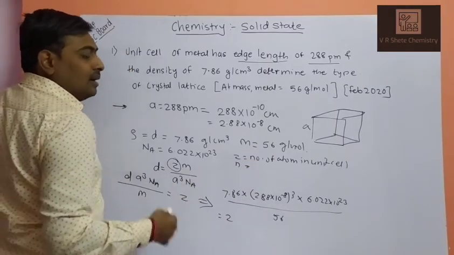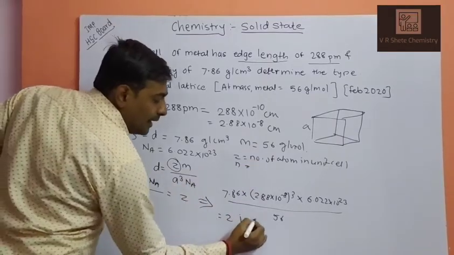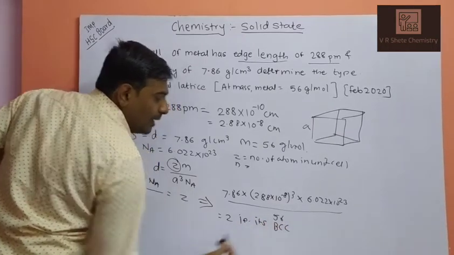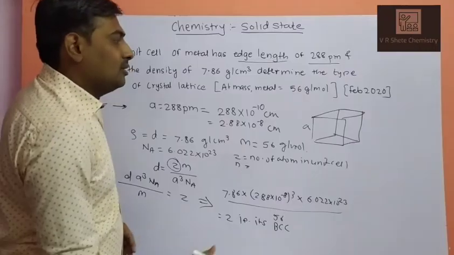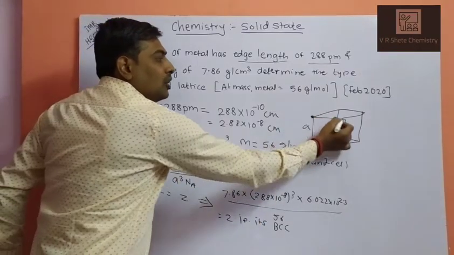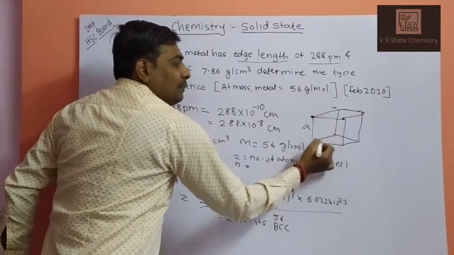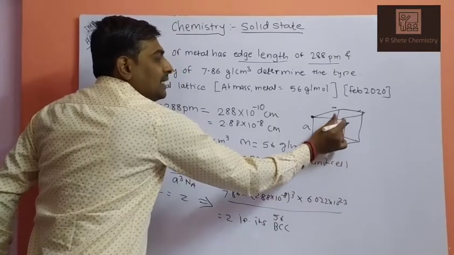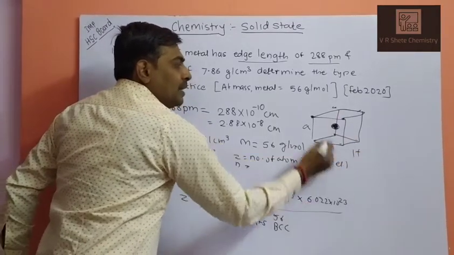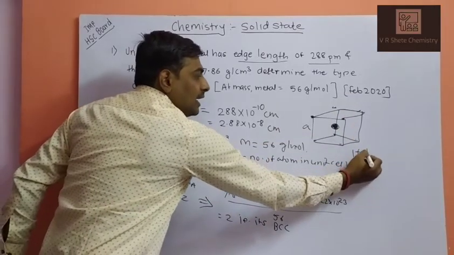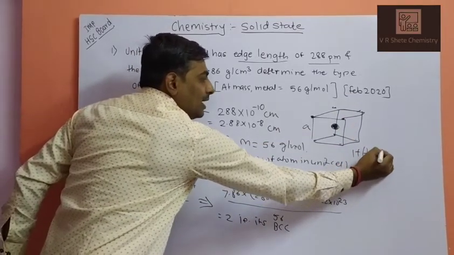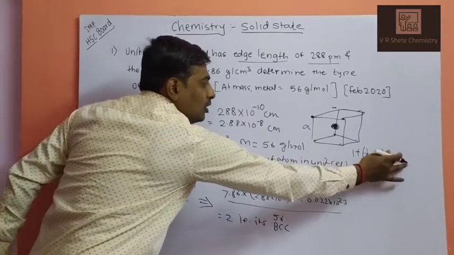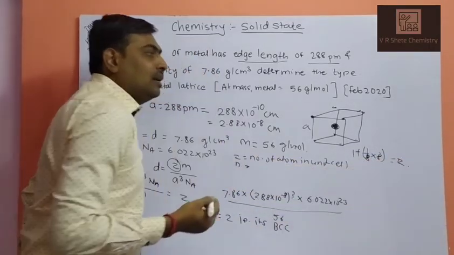It means that it is body centered cubic. This is a type of molecule. If this is the corner of the cube, which has 1/8 part, and at the center there is one molecule, that is BCC. The center contributes 1, plus each corner considered 1/8 part multiplied by 8 corners, you will get 1 plus 1, you will get 2. It means that it has body center.